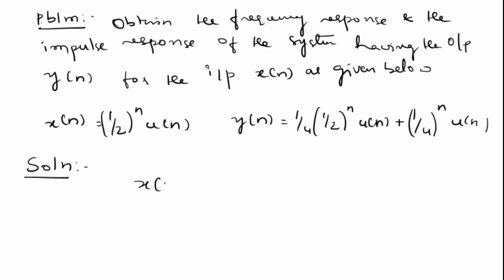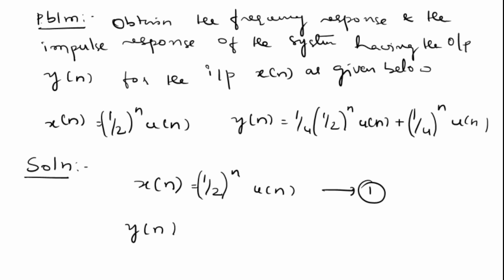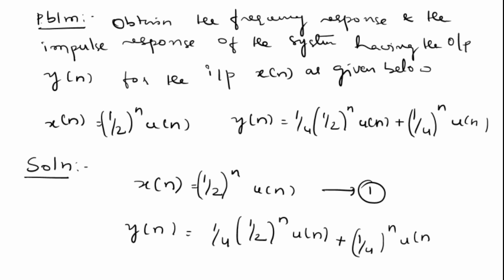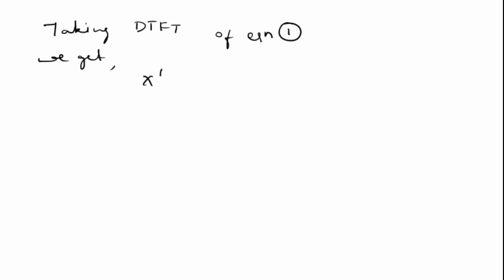So it is given x of n is equal to half to the power n into u of n. We can call it as equation number 1, and y of n is equal to 1 by 4 into half to the power n into u of n plus 1 by 4 to the power n into u of n. We can call it as equation number 2. So taking DTFT of equation number 1, we get x of e power j omega is equal to 1 divided by 1 minus half into e power minus j omega,